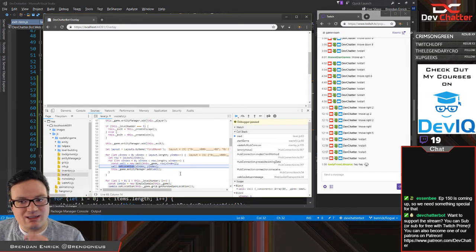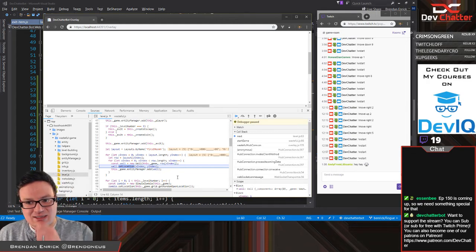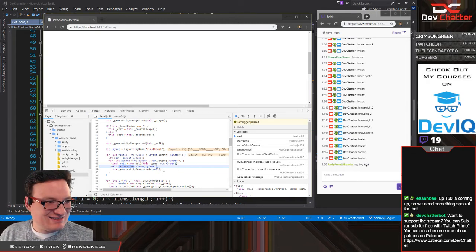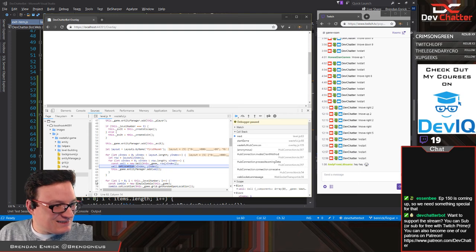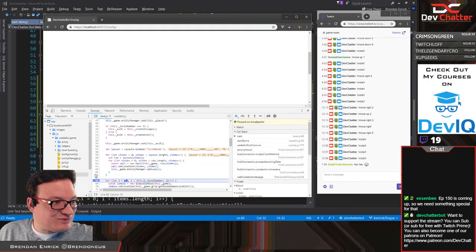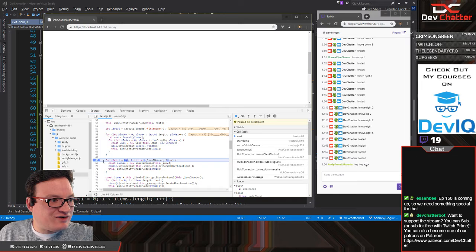Yep, that seems right. Okay, so it's definitely getting us these. Alright, so we get out of there. It should have created all the various layout pieces. Then we get down here,